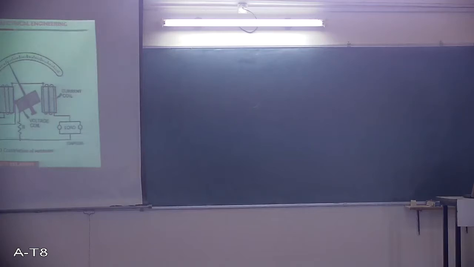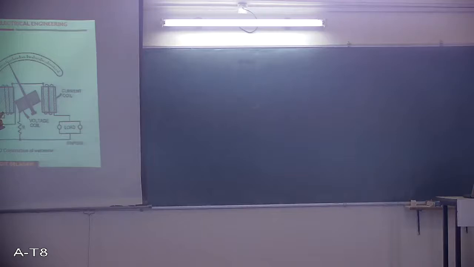Ideally speaking, any measuring instrument should not consume any power. So our effort while designing the instrument is to see that it has very low resistance, so that the power consumption or losses are as low as possible. Here these fixed coils, which are also called current coils, are air cored coils with thick wire and few turns, and they are connected in series with the load.